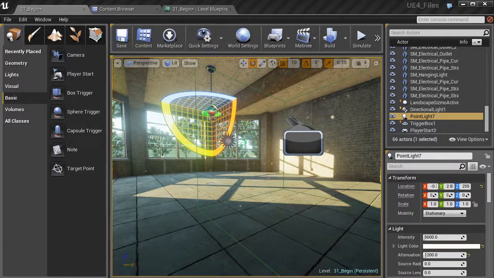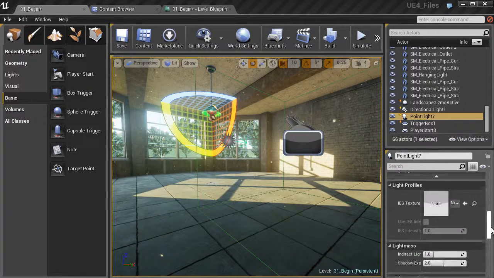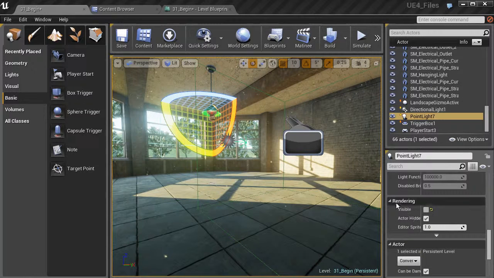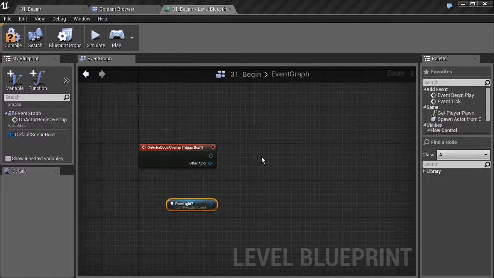So select your light and look at your details. Remember, we turned it off with visibility, and that was done under the rendering portion here. So visible is turned off for right now. Let's go ahead and go back into our blueprint, and what I'm going to do is I'm going to right click,